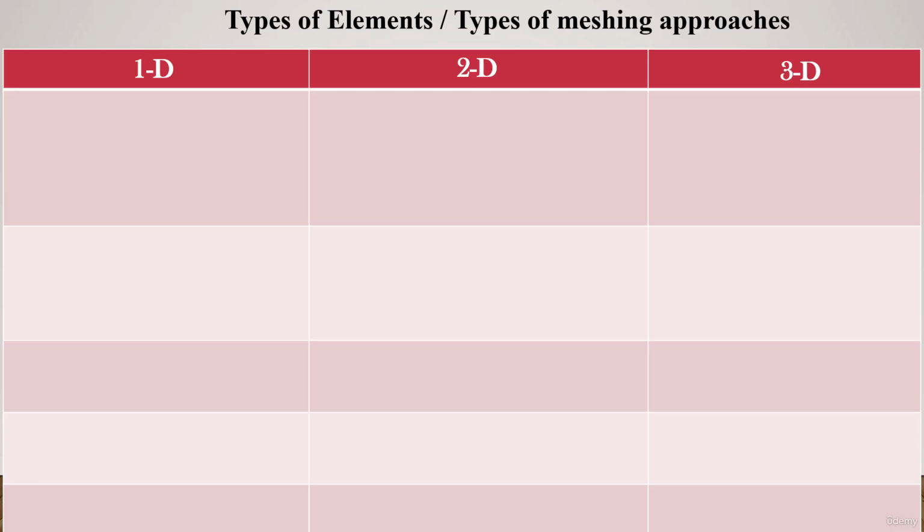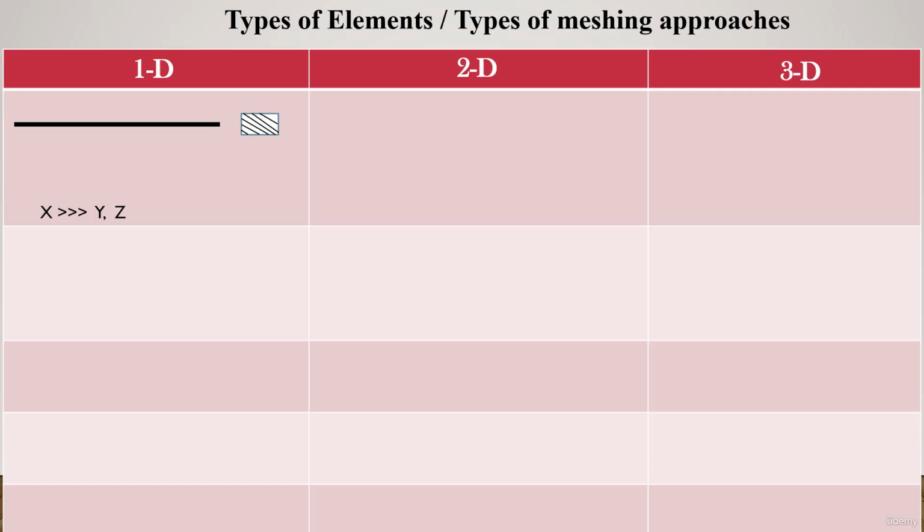So let us take a look at the first meshing type, which is 1D meshing. Generally, whenever we have one dimension very large as compared to the other two dimensions, then we can use 1D meshing. Currently, here you can see a single black line has been drawn and just in front of it there is a rectangular cross section. So basically the length of the beam is very high as compared to its cross section dimension. Then in case of meshing, we just have to define two nodes. Between those two nodes we are going to create a simple line,